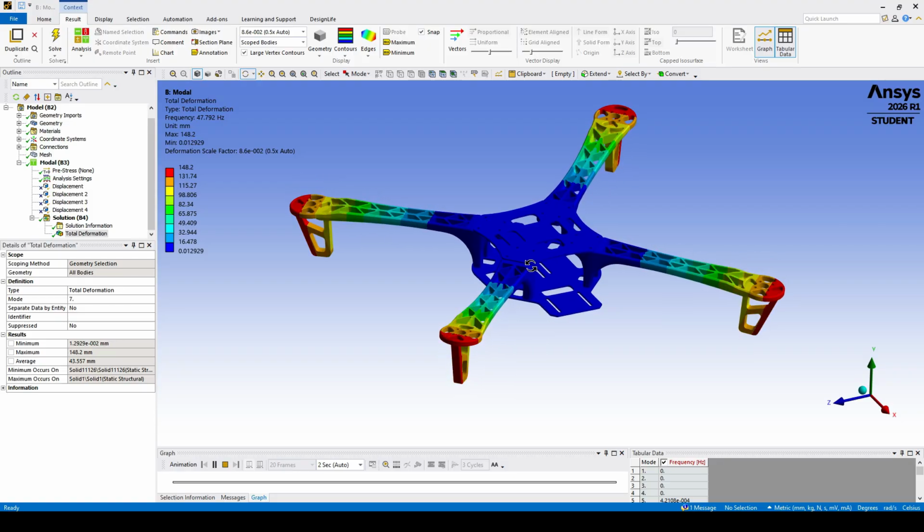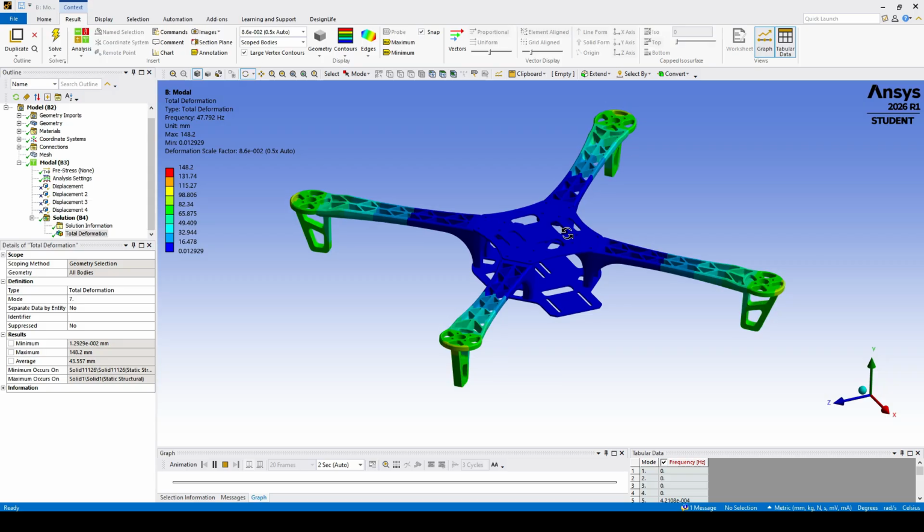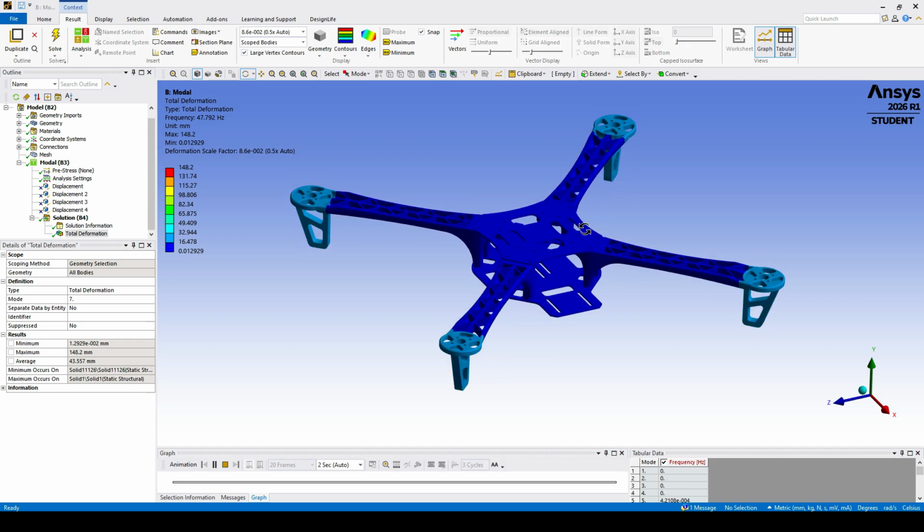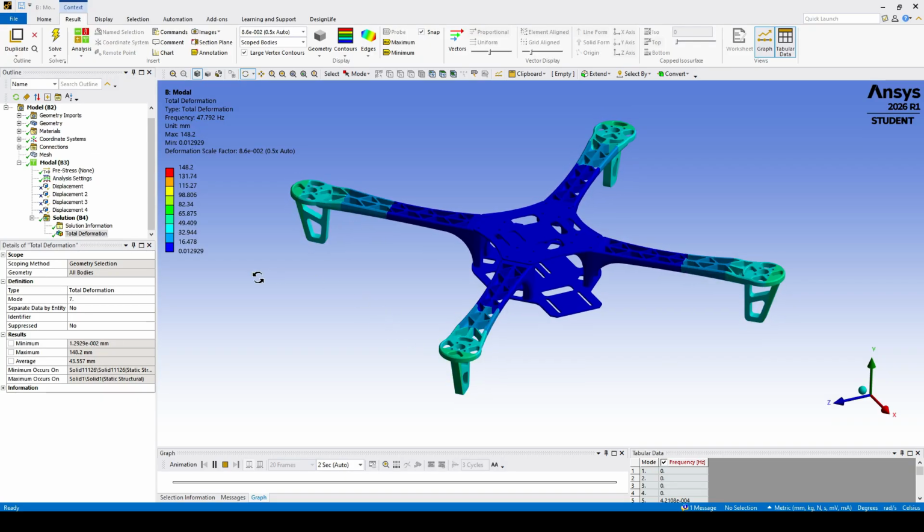These properties directly affect stiffness and mass, which are two key factors controlling natural frequencies. A stiffer structure generally produces higher natural frequencies. A heavier structure generally produces lower natural frequencies. So now, while we are preparing this quadcopter for simulation and the modal analysis using ANSYS,